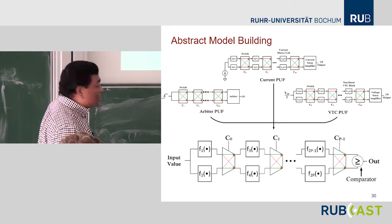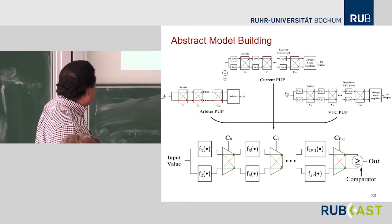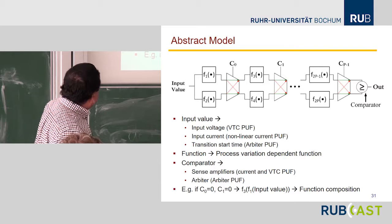And at the end, we just have a comparison. So how can we model this function? And it really doesn't matter whether it's a delay or voltage or current. We approximate this function